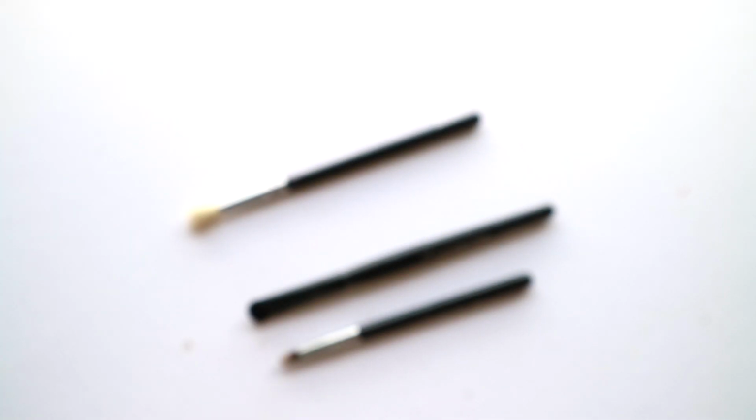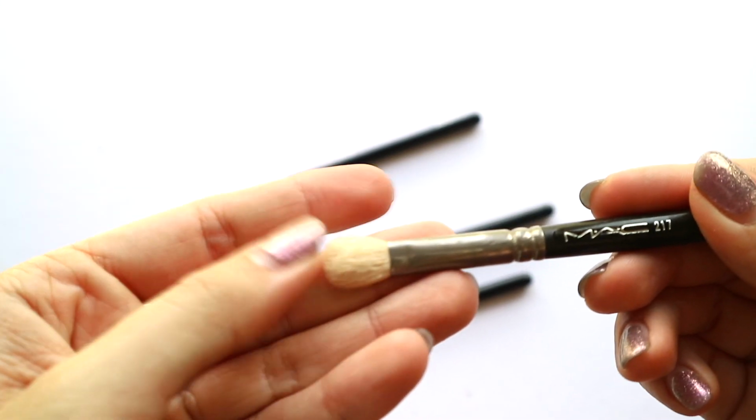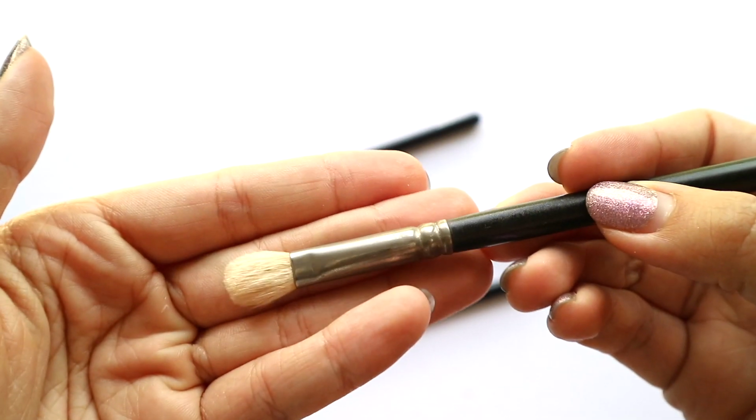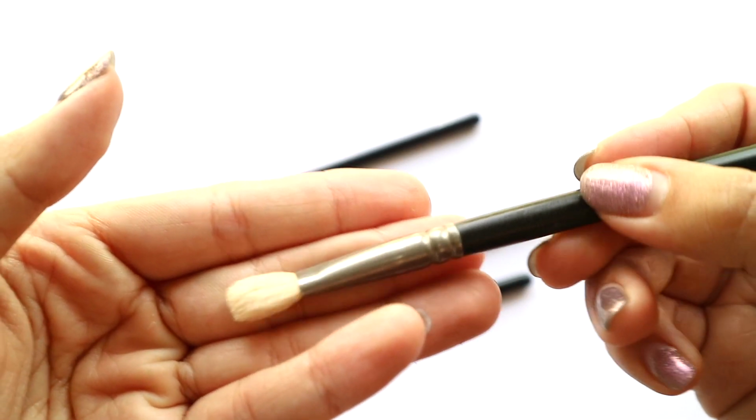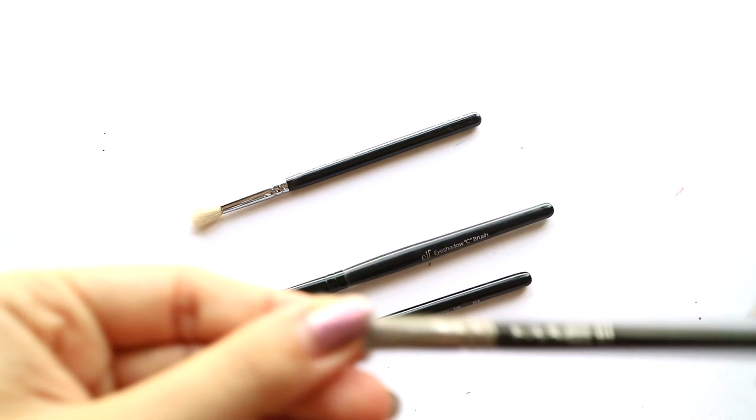Honestly, the MAC 217, right? It feels actually scratchy on my eyelids. I don't use it much at all, and I don't know if you can tell, my ferrule is rusty. Is it rusty? Or like it's tainted. It's just because I don't use it anymore. So I don't like this as much. However,